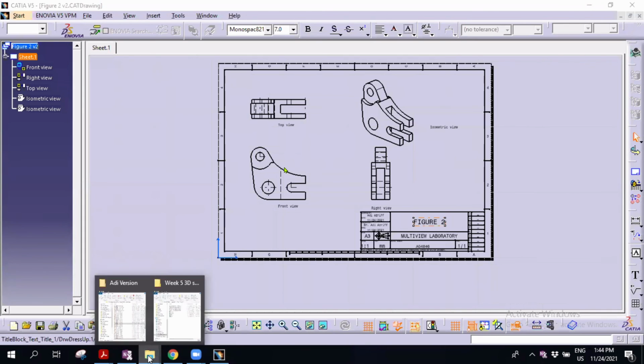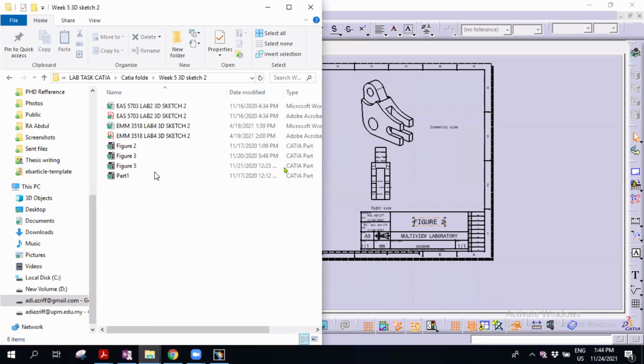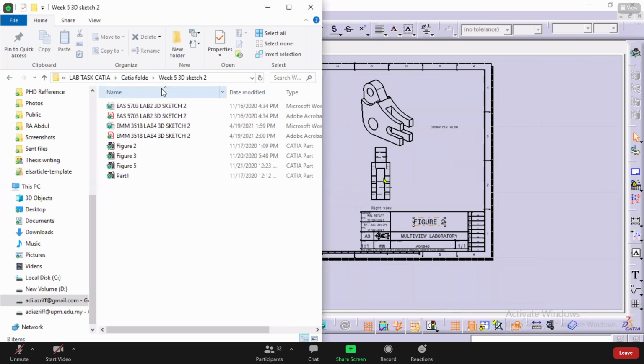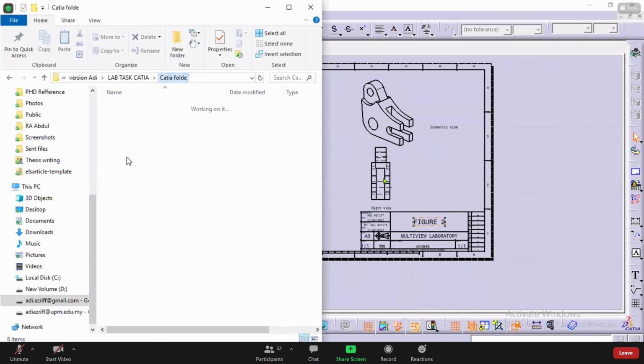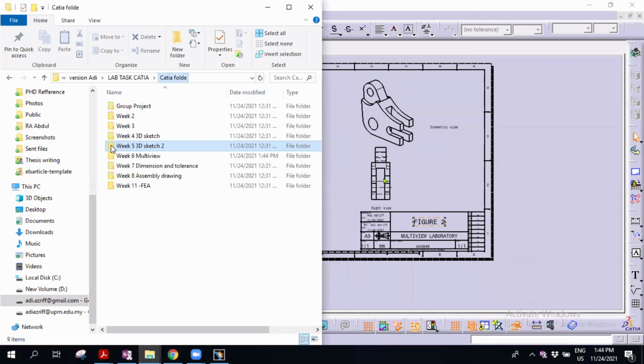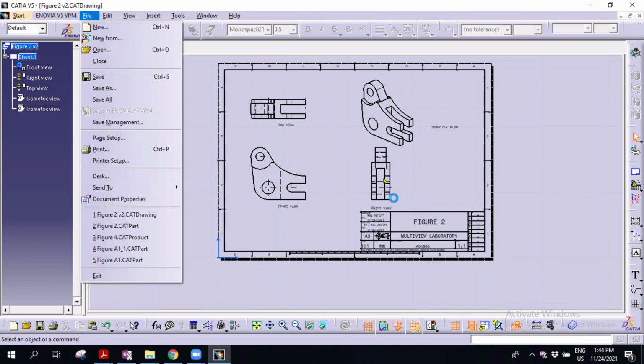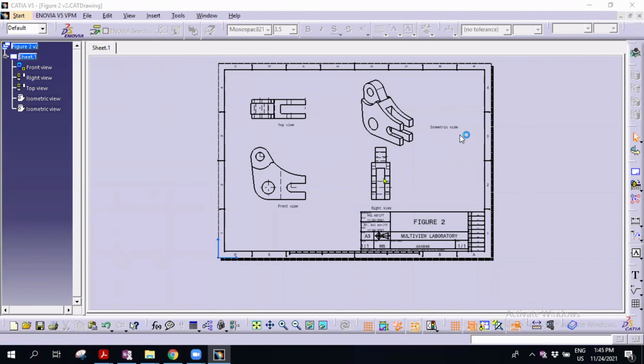Okay, so you will see here. I'll have another one, something like this. You can print or save as.